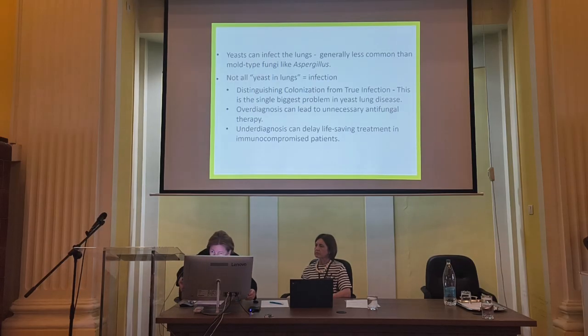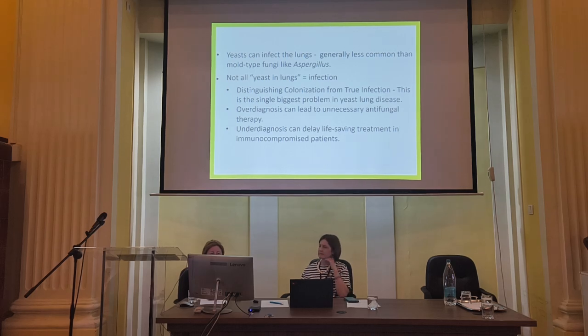And one important point is that the presence of yeast in the lungs does not always mean that there is an active infection. In many cases, they just colonize the respiratory tract and do not cause disease. So it is important to distinguish colonization from true infection, and this is one of the biggest challenges in yeast lung infections. The distinction is important because